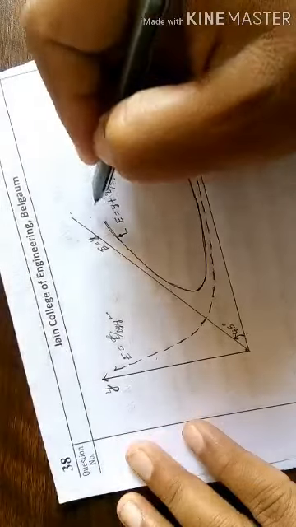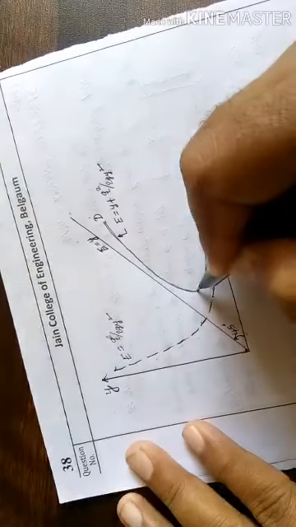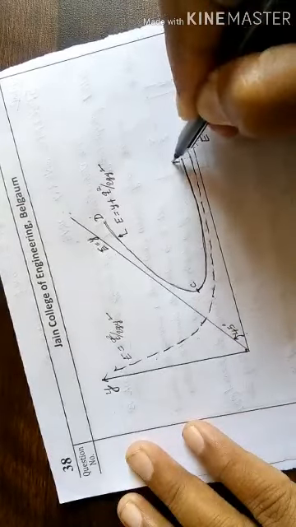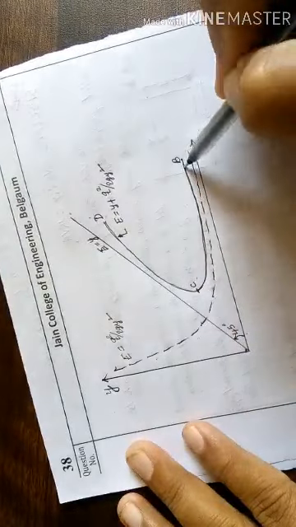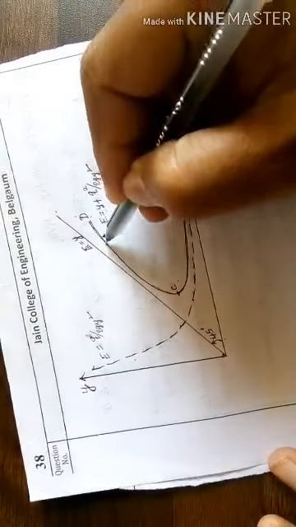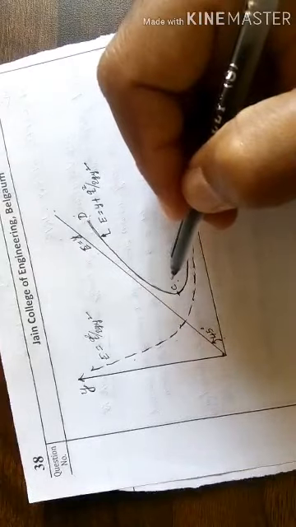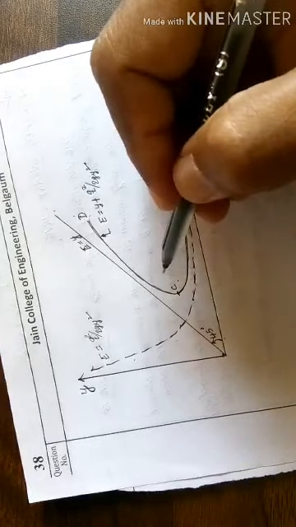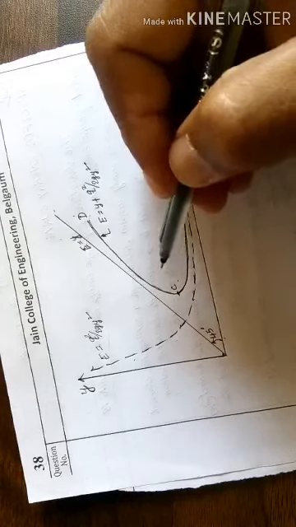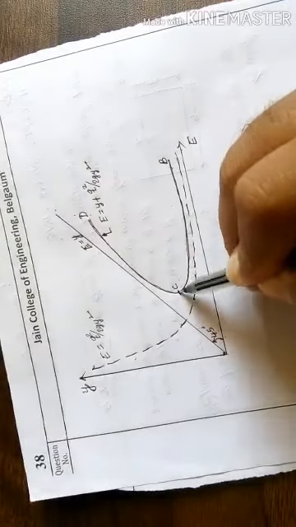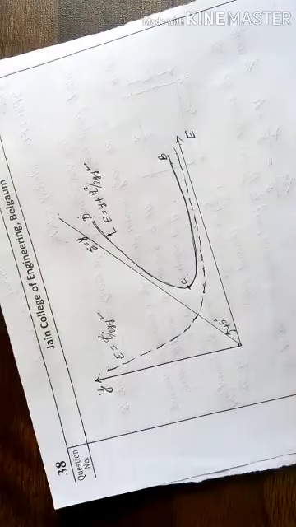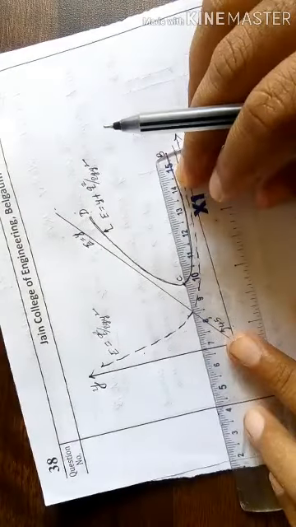Okay, so let us name this curve D, and take these points as C and B. The curve DCB is known as the specific energy curve. In the specific energy curve, let us mark this point as C, and corresponding to this point C,